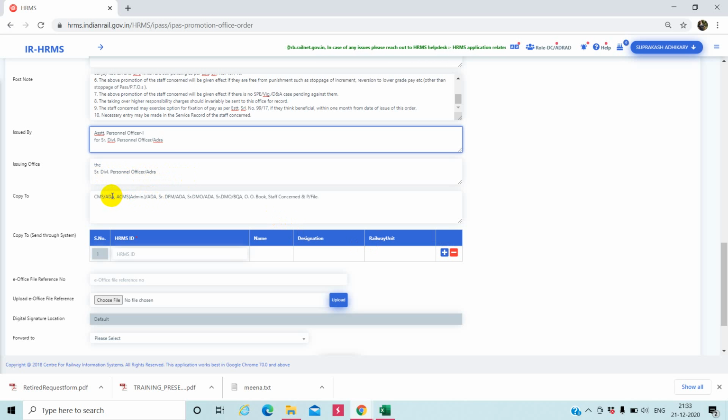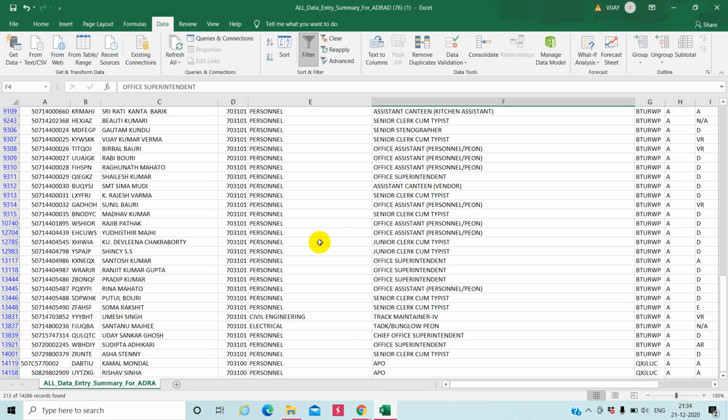To whom are we giving a copy? We are giving a copy to the CMS Adra, Senior DFM Adra, Senior TNO Adra, and all these. And on the HRMS module, as you can see, we may forward this office order to the concerned departmental officers or BOs.